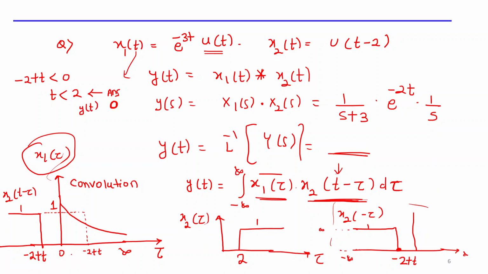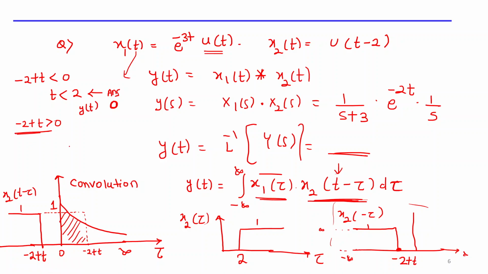If you are considering the case where minus 2 plus t should be now greater than 0, in this condition this point is coming here. Now what will happen, there is a common region you are finding between the two signals. If the common region is found, then you just find the amplitude of both the signals and the equations. So I'm just writing here, in this range, when minus 2 plus t is greater than or equal to 0,